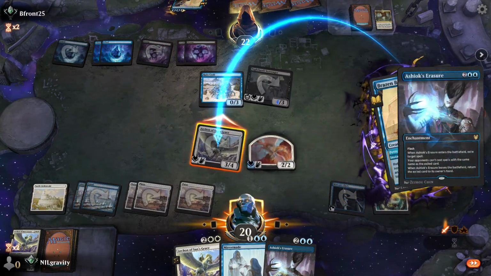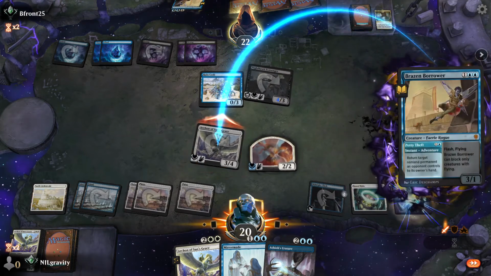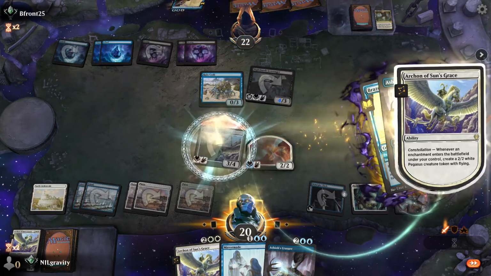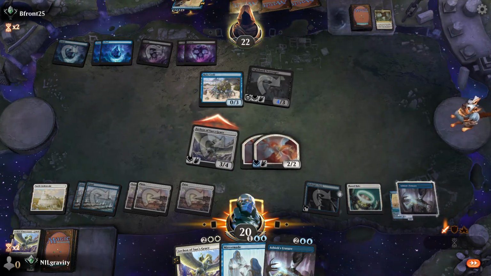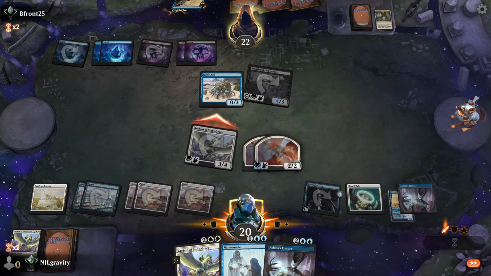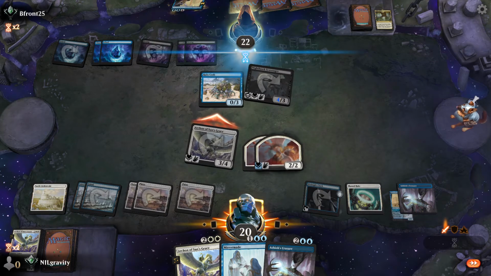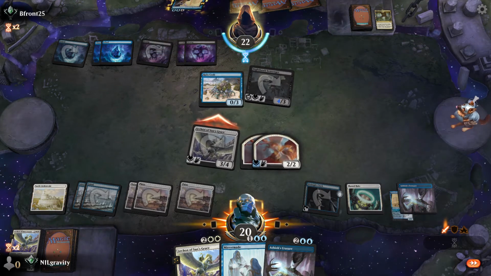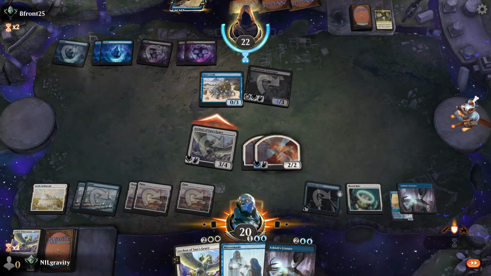I'm really disappointed that countering an adventure does not counter the entire card. They can still play the creature side of it after this. I thought I was getting double the value off of this, but I guess not. But part of what I mean by value, if you're not super into the lingo, is that